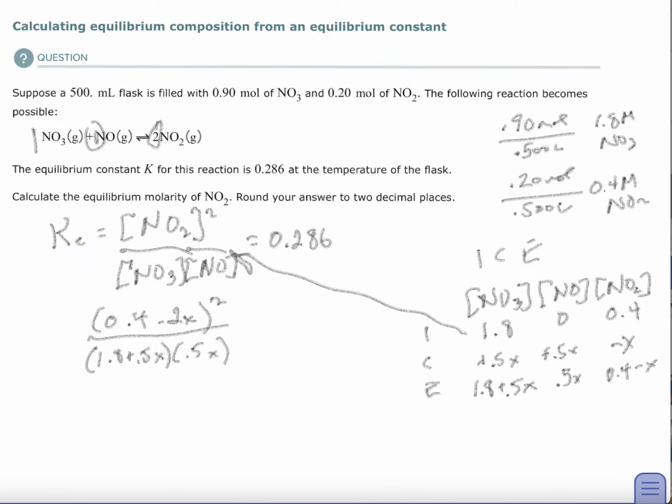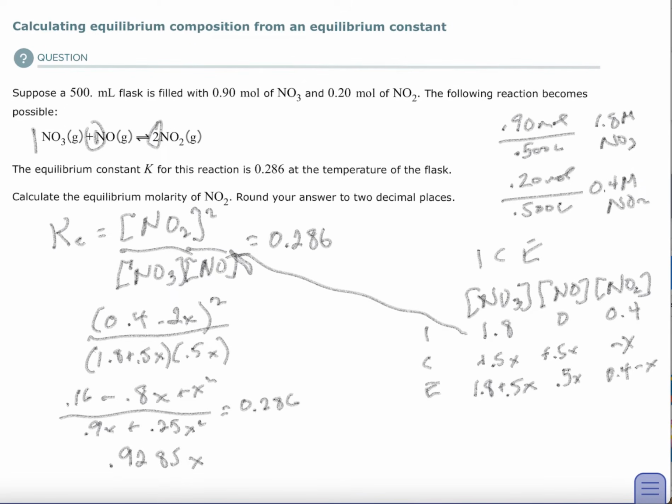On my page that I did this, I have a whole page of algebra. I hope that I'm not doing you a disservice by not doing all this algebra for you, but essentially, I guess I can do some. So if I have that, you're going to round that out, and this is my second part. I had 0.16 minus 0.8x plus x squared over 0.9x plus 0.25x squared equals 0.286. I bring up the bottom, multiply it, and then subtract. And when I get that, I end up with